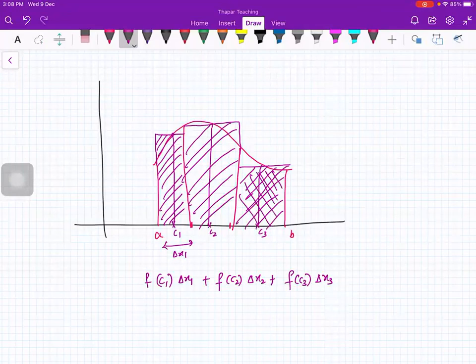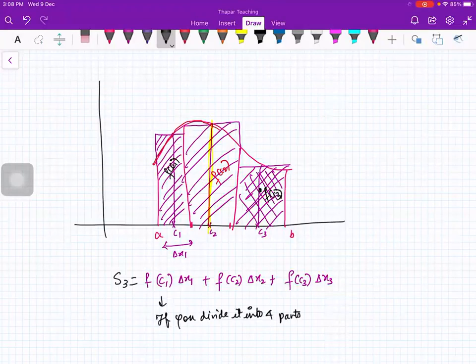मैम ये f1 height है ना उसकी. Yes, height हो जाएगी ना बेटा. So what is this height? This is f(C2) because this function is f, right? So this is f(C2), and what is this? This is f(C1), and what is this? This is f(C3). Clear है ये? Is this thing clear to everybody? Right? Yes मैम.